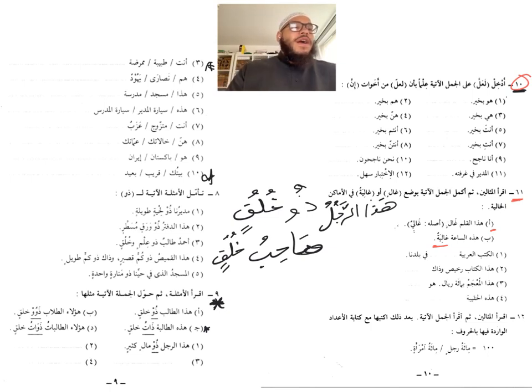Okay. Then we have exercise number 12. اقرأ المثالين ثم اقرأ الجملة الآتية بعد ذلك اكتبها مع كتابة الأعداد الواردة فيها بالحروف. So it mentions this exercise is going to continue the next page. It says here is 100. مية رجل ومية امرأة. So we've learned different rules for numbers so far. As for this one, okay, 100 is used as mudaf ilay, and it doesn't change based on gender. It doesn't matter what comes after it. The noun you're counting is singular indefinite. As we can see, it ends in